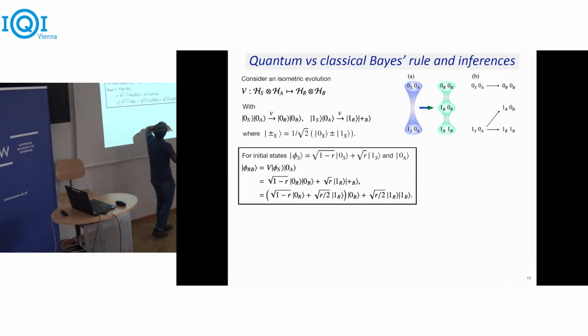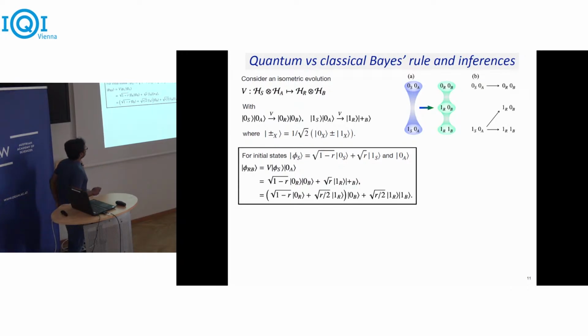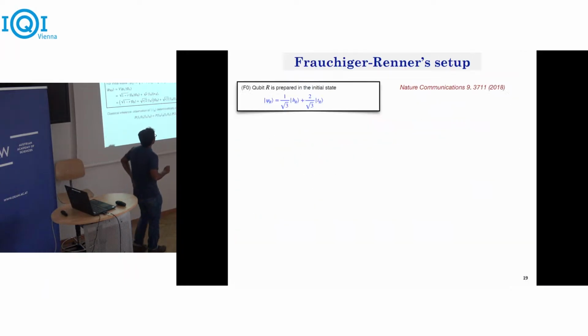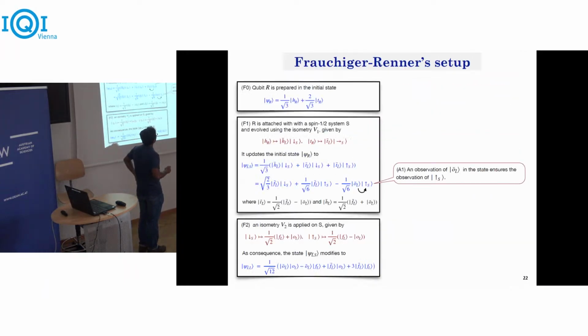Let me also quickly mention what is happening on the level of classical probabilities in this operation. Whenever I have this 0, 0, it remains 0, 0, but whenever I have 1, 0, I go, with probability 1 minus r and r, to 1, 0 and 1, 1. And obviously from here, once again, if I just consider,